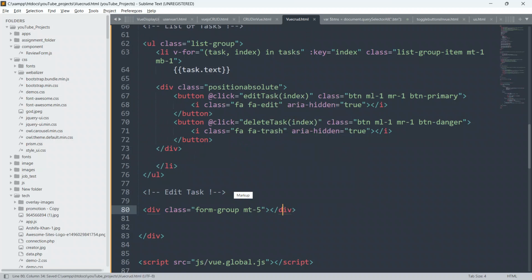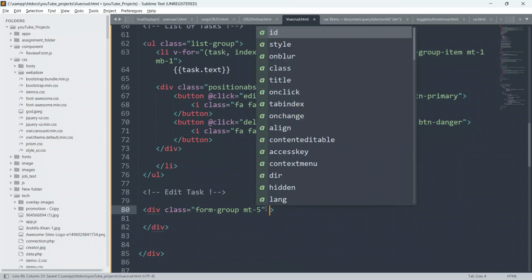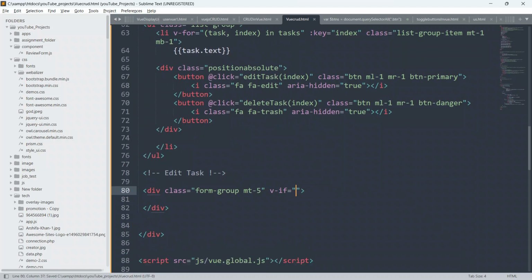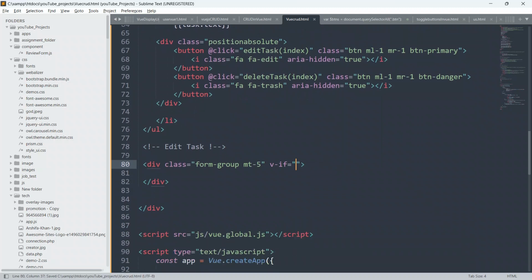Inside this div, I will use v-if. As you all know, we generally use v-if to toggle something, or based on a condition we render it or hide it.